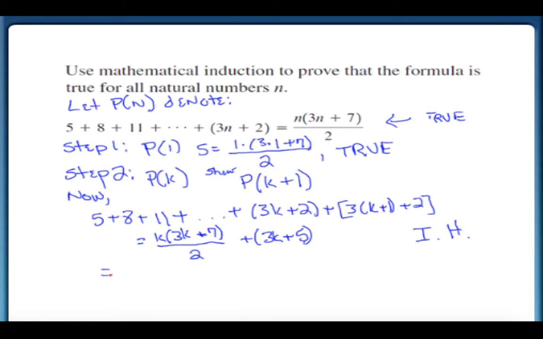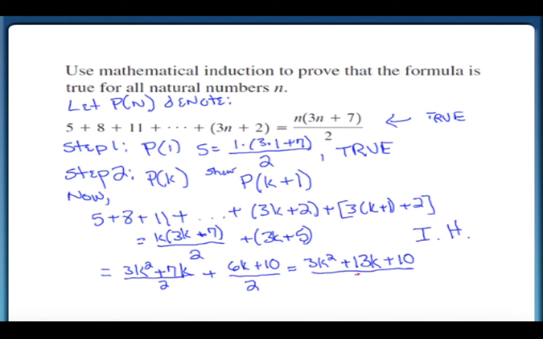And this is equal to 3k squared plus 7k over 2 plus 6k plus 10 over 2, which equals 3k squared plus 13k plus 10 over 2,